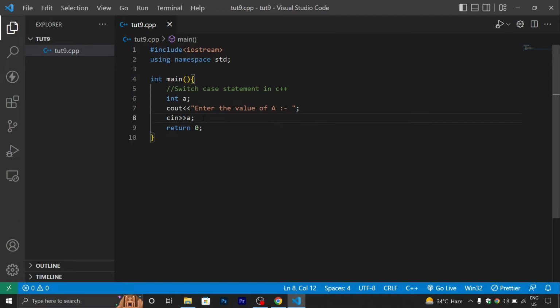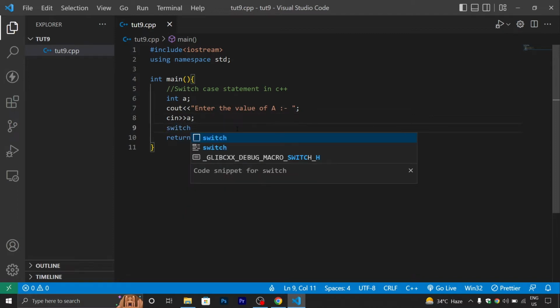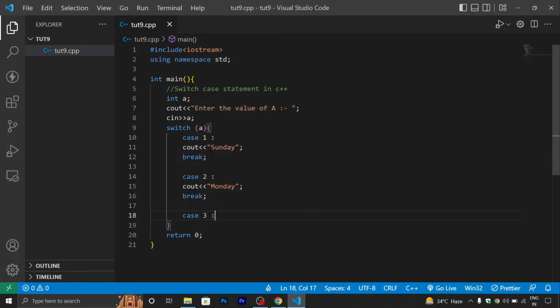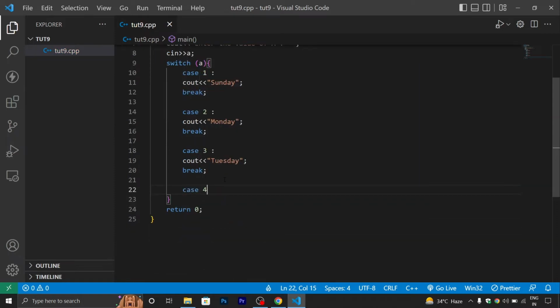Let's see the syntax of the switch case statement. switch (a) curly braces, case 1: cout Sunday; break; semicolon, case 2: cout Monday; break; semicolon, case 3: cout Tuesday; break; case 4: cout Wednesday; break;